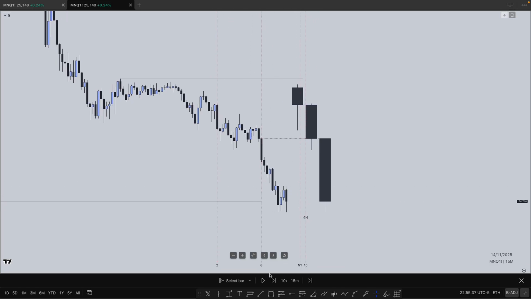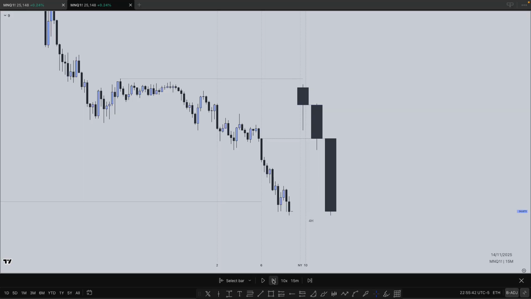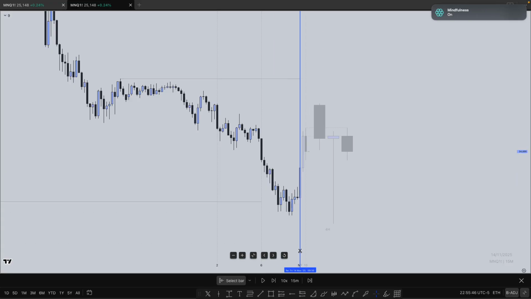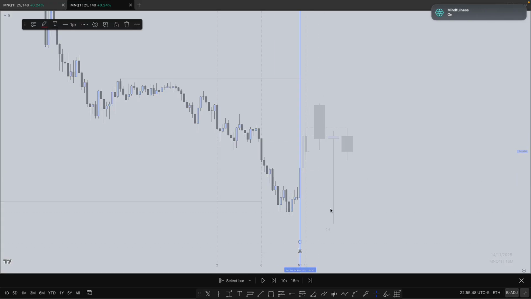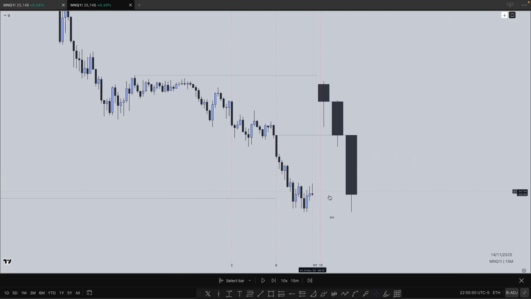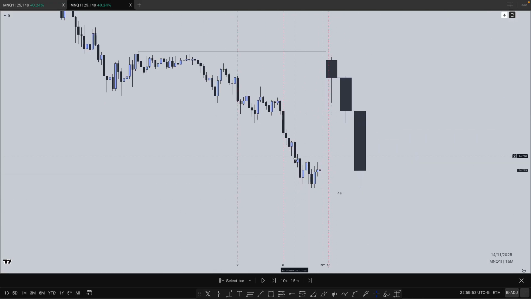So let's just move things forward a bit. Okay, so at this point, let's just rewind the clock here. So at this point, I like what I'm seeing, and the reason being is that we've got liquidity built up on both sides. So this is just a range, which is what you want to see going into the session. You've already taken on the previous week low. Now we've got